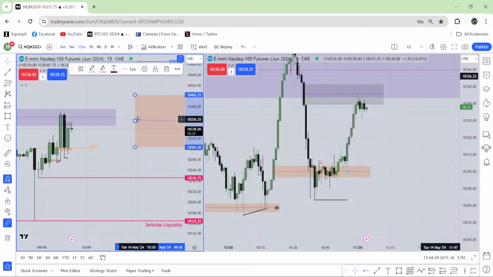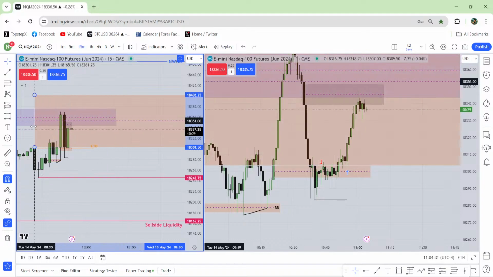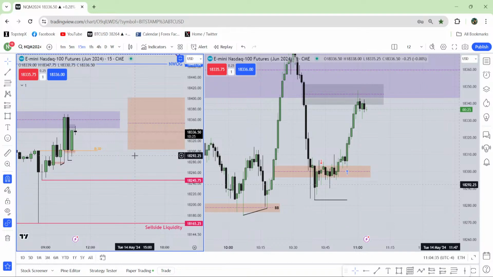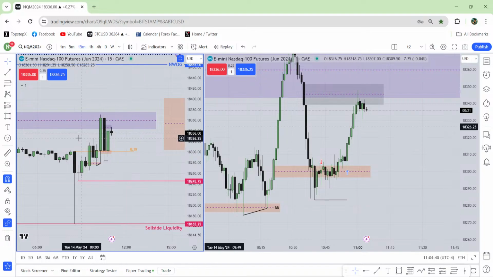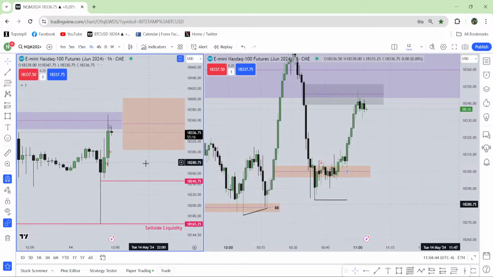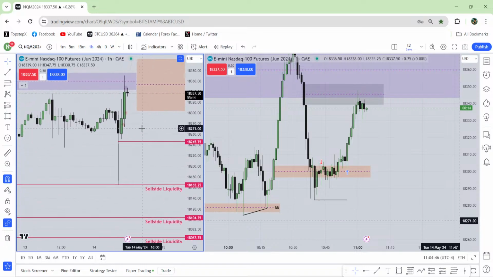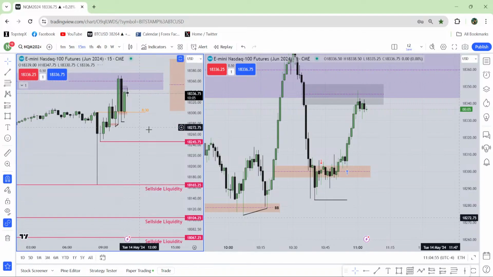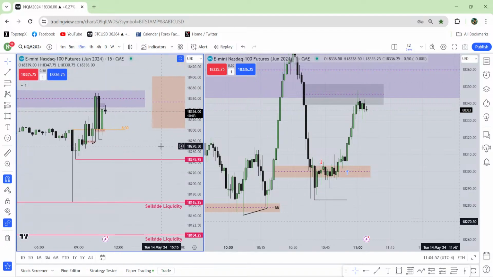So if I put it over there, no, I will just keep it over there. There is more probability that the market will stay inside this range, because I explained already, the market has taken the buy side liquidity, and the market has taken the sell side liquidity. Go to your hourly chart. Perfectly, it has taken the sell side liquidity. No buy side liquidity has been left. So what is the market doing? The market is spending time for CPI. So CPI is going to be the player to play this game tomorrow.